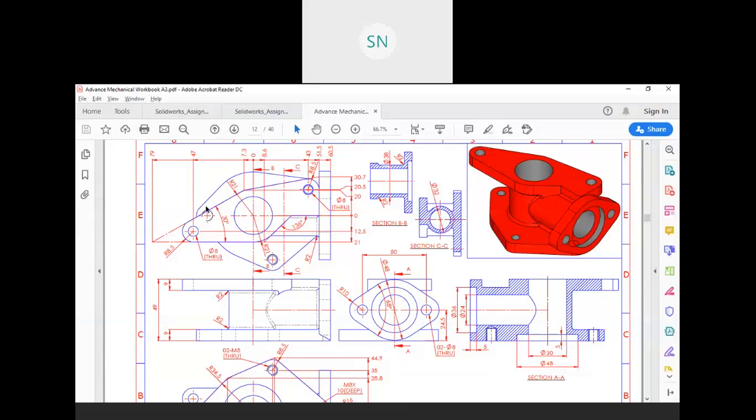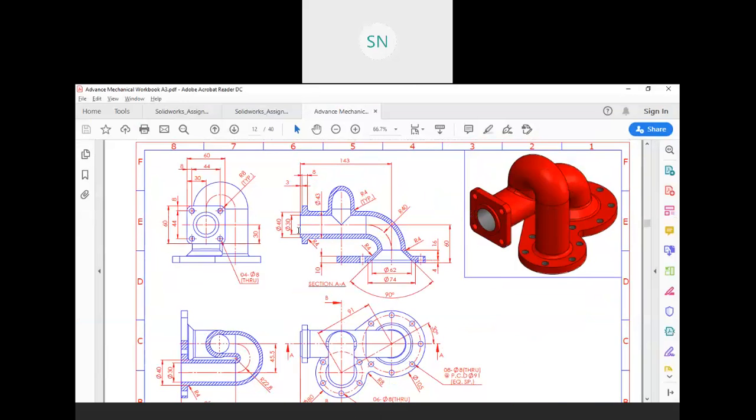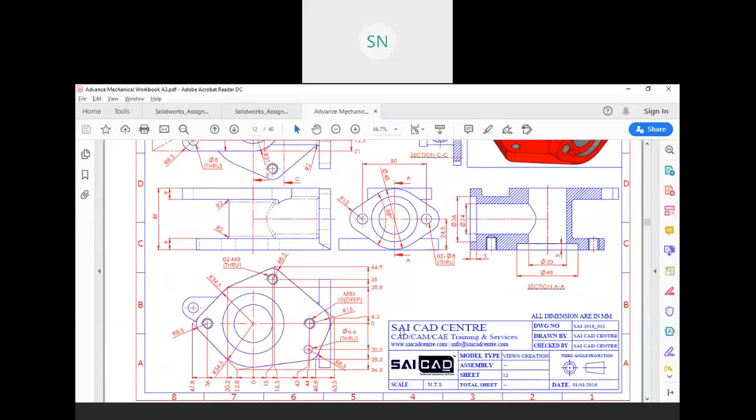Right? So on the top we have this type of flange, and on the bottom we have this type of flange, this one. Nothing else is complicated over here. So I hope you get your answer, right?